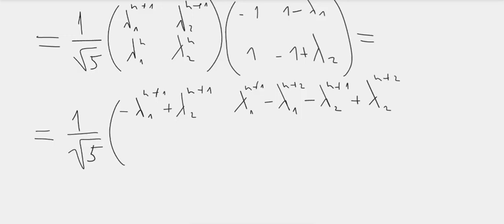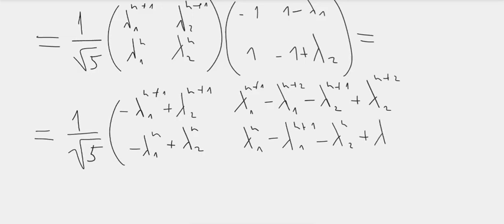Okay, the bottom row is minus lambda 1 to the power n plus lambda 2 to the power n, and here it would be lambda 1 to the power n minus lambda 1 to the power n plus 1, excuse me, n plus 1, minus lambda 2 to the power n plus lambda 2 to the power n plus 1. Okay,